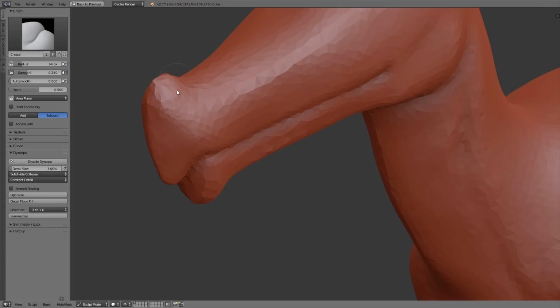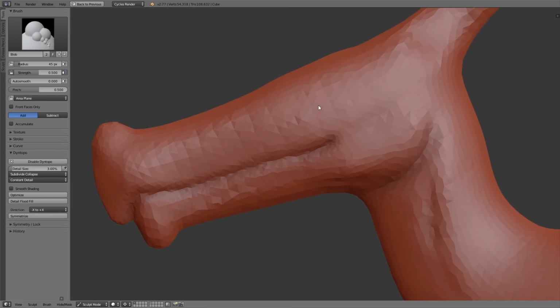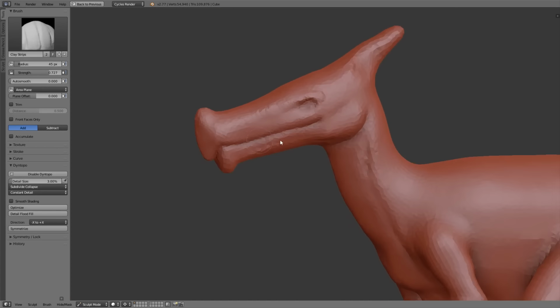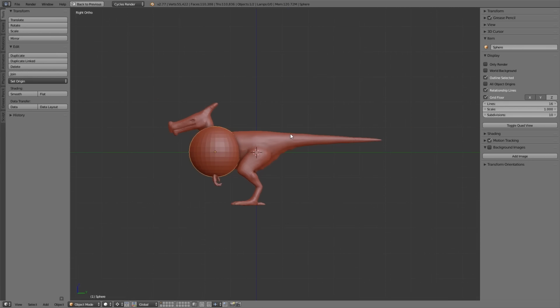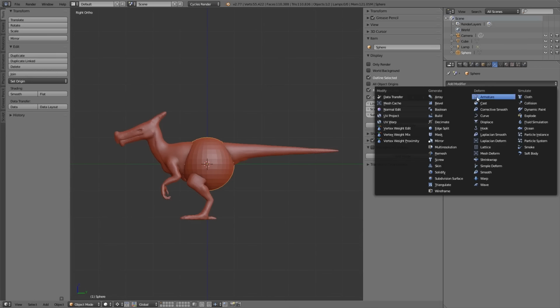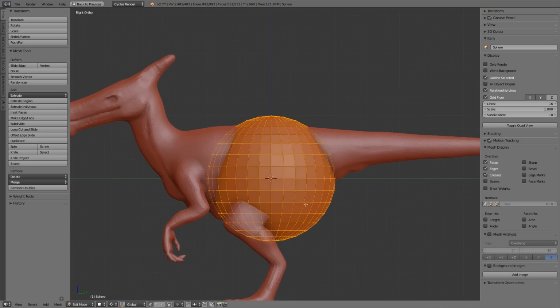Yeah, and with the snake hook brush I adjust the horn in the front, and then I use a blob brush to create this hole where I want to place the eyes. For creating the eyes for my sculptings, I basically always use the same workflow. For that I add a UV sphere, add the mirror modifier to it, and in edit mode I rotate it